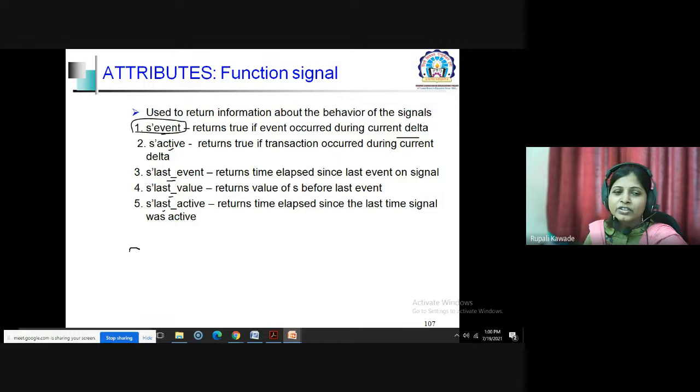So if it is a clock signal, you can attach it to your clock signal. If I am denoting my clock signal with CLK, then clock tick event.